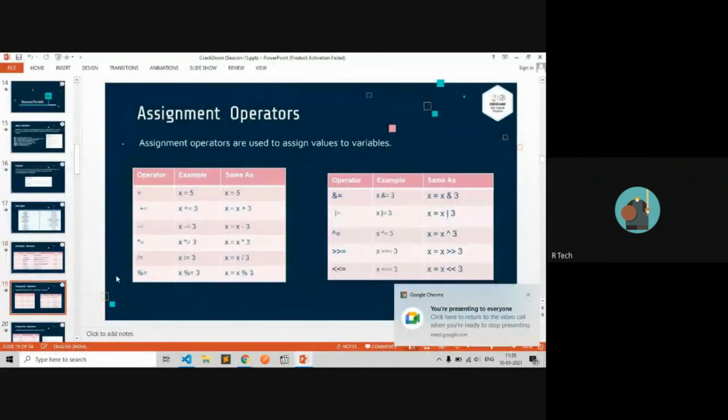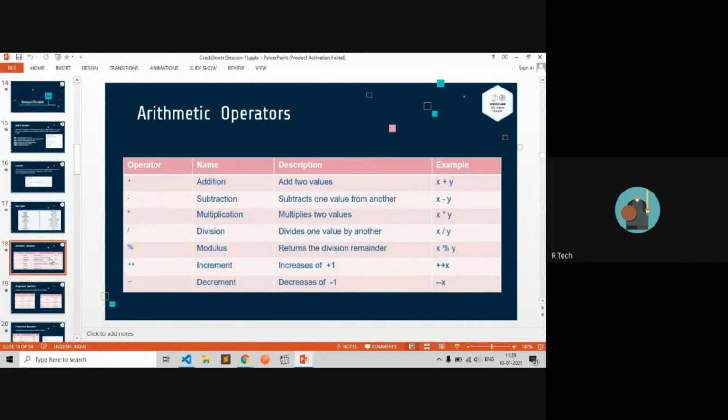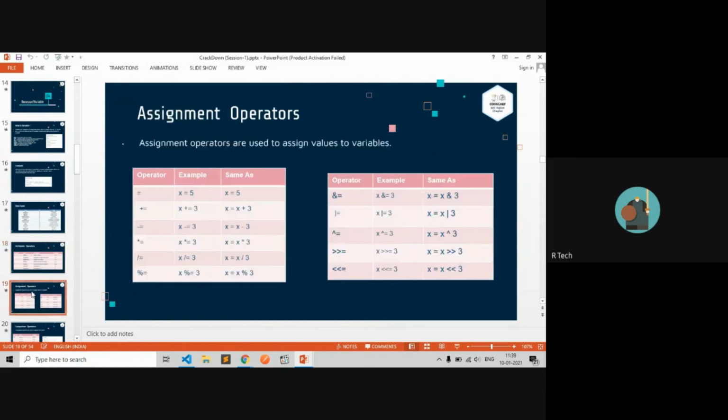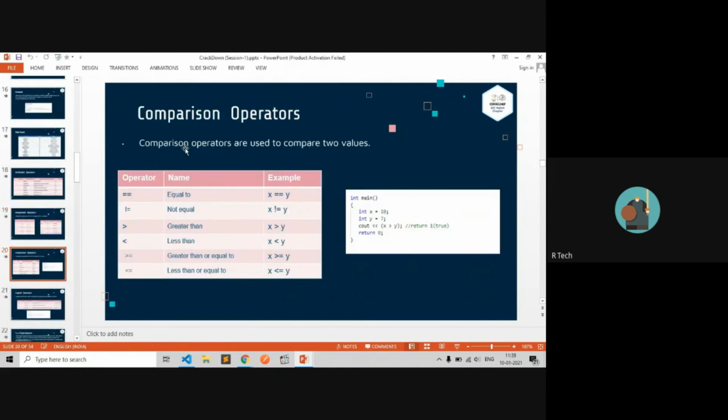Okay, after that we will introduce the assignment operator and different types of arithmetic operators like plus, minus, multiplication, division. After the assignment, if you do not want to use a long statement, you can write it directly in a shorter form. After that, comparison operators: equal to, not equal to, greater than, less than or equal.